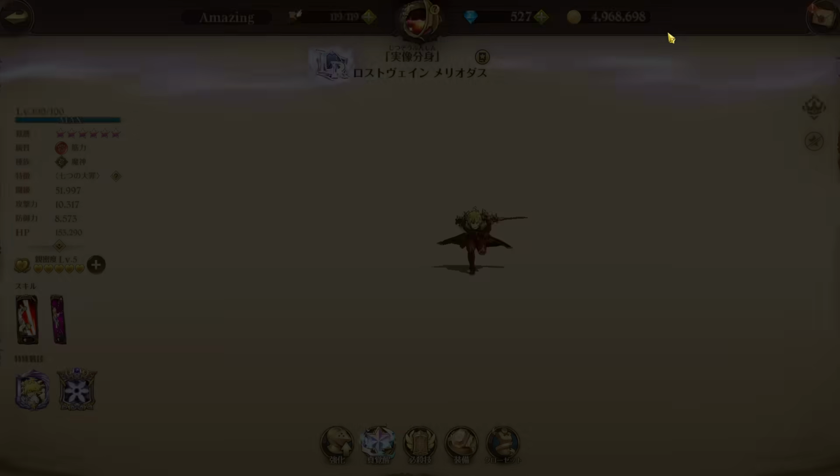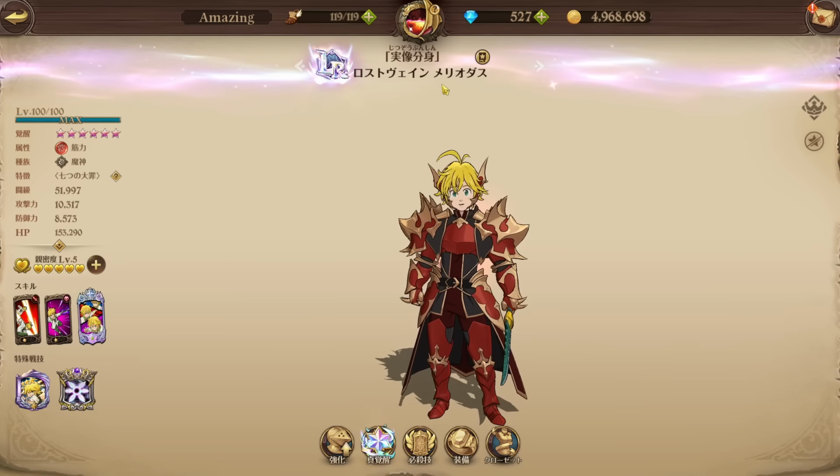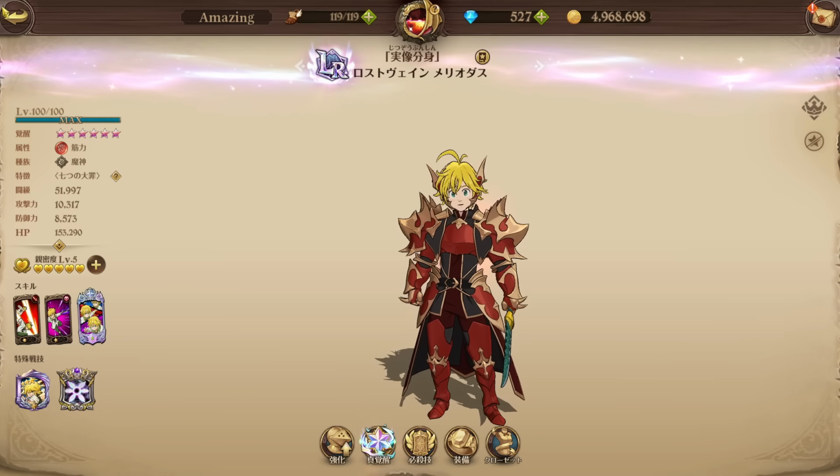Obviously, all LRs in the game are very, very good, but would I recommend getting LR Lost Vein? Probably not. I think he is pretty good, but if you're only going to get one copy of the character, his secret technique's only going to be 20% on his ultimate, guys, so it's not going to be hitting super hard. I think right now in the meta, in terms of PvP, he's not going to be too super strong